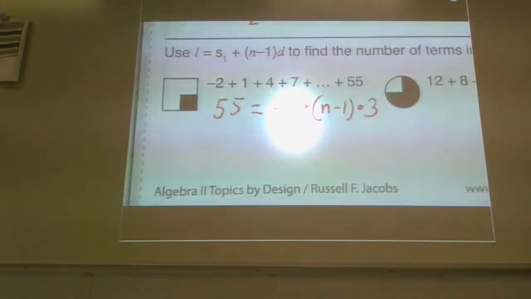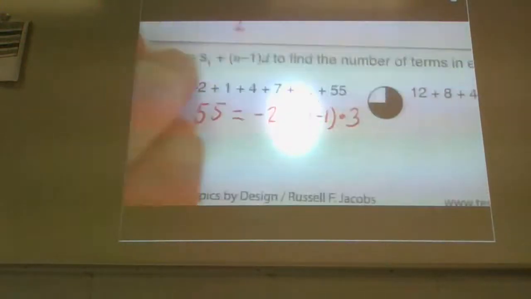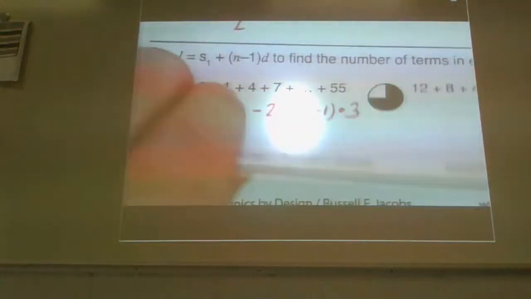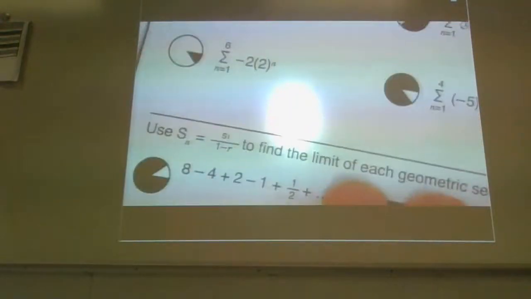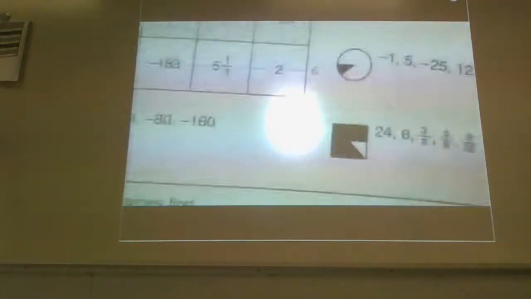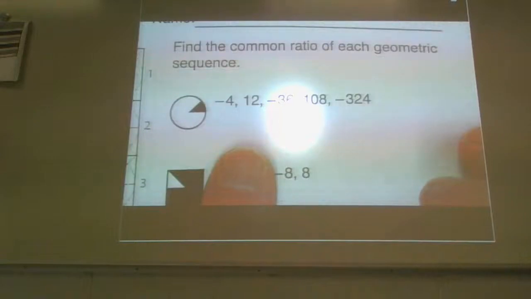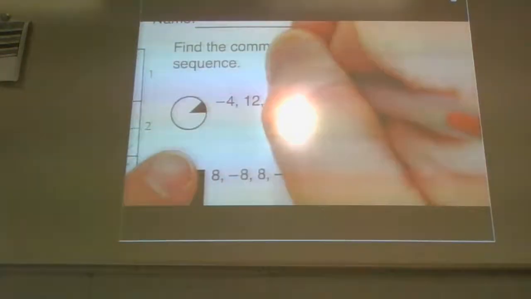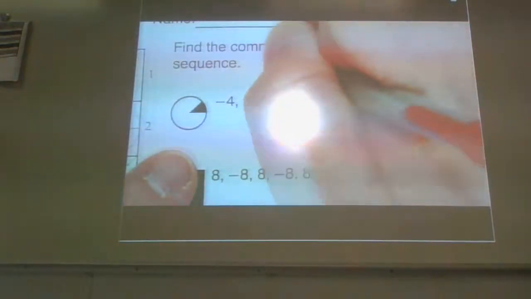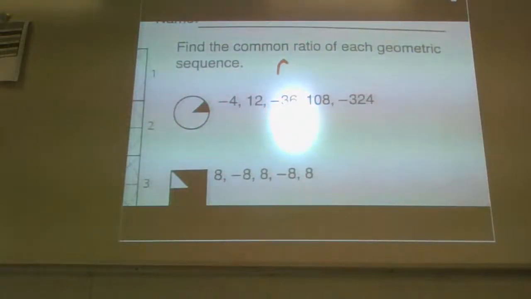Now, like I said, I am going to double back to that notation. But let me look at what the second page has in store for us. The second page is similar, but it has geometric sequences. So, for example, up here, they want you to find the common ratio. This is literally, they just want the value of r. What is the common ratio? What has been multiplied each time in order to get the next term in the sequence?